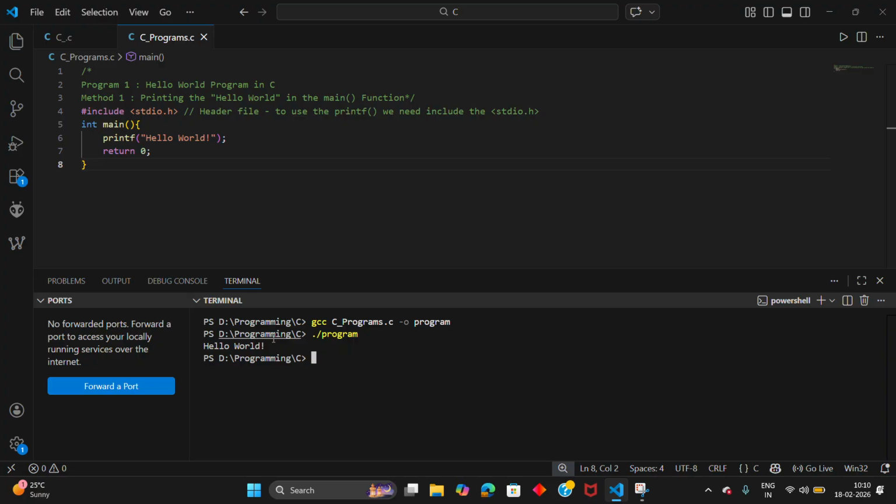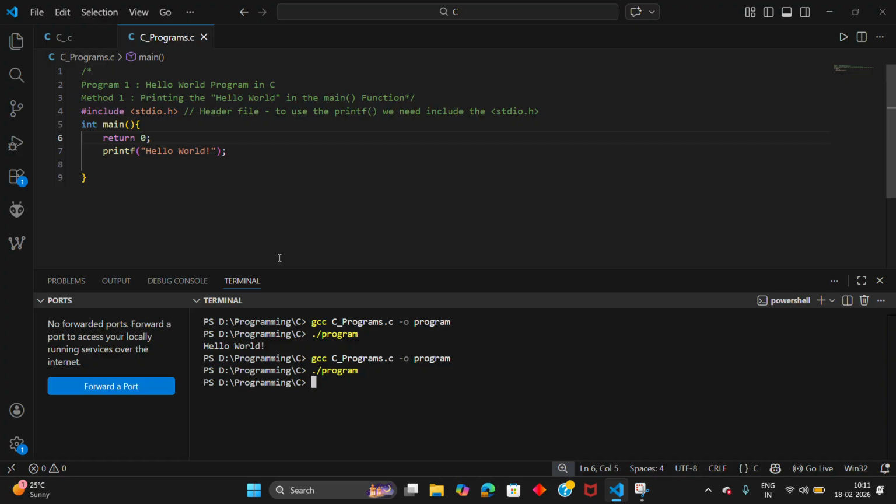Okay, you can see that we got an output, hello world. If you change this return statement to upward, meaning after the return statement you have written a printf statement, then let us see what happens. See, there is no output printed in the terminal window. You can see the difference.